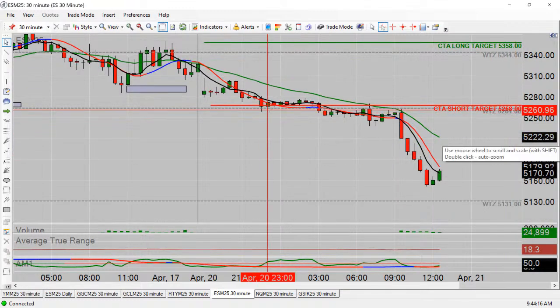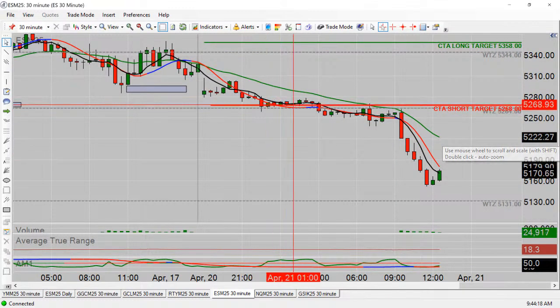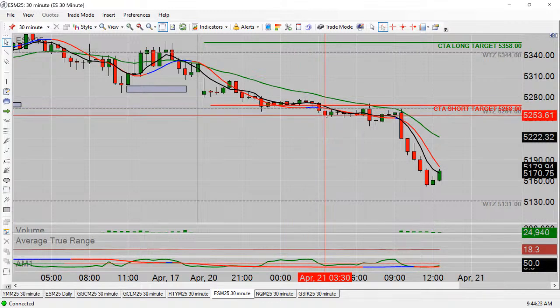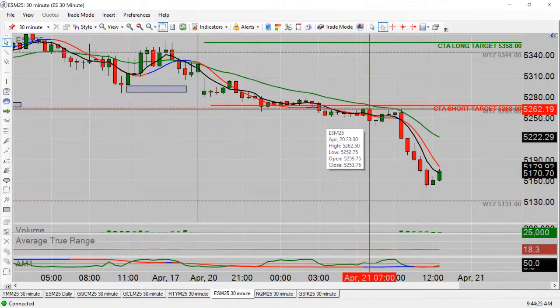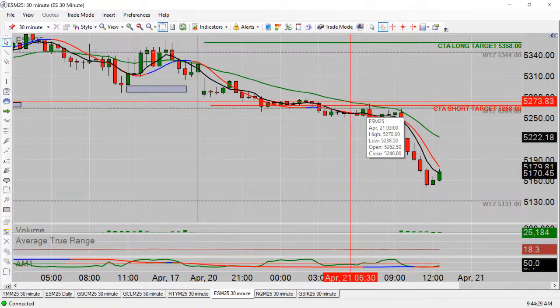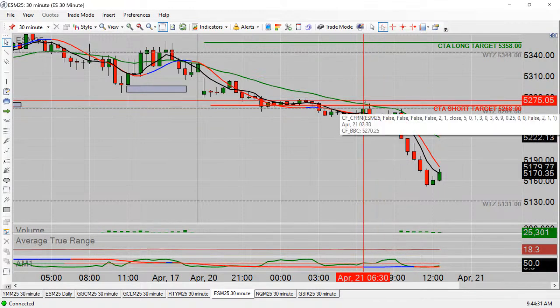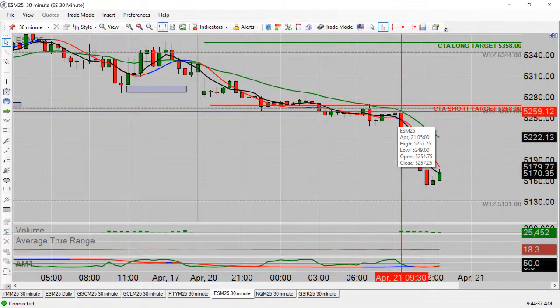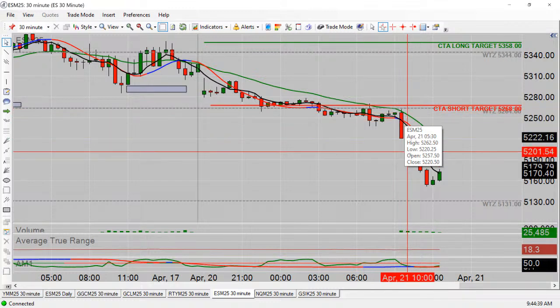So, came down to the zone, found support, caught a little bounce, finally traded below it. Once we got below it, what did we do? We pulled back up to the zone and the BBC, pullback held. It holds more often than it doesn't. So we get a leg and a retracement, and the pullback holds. And then we get a leg